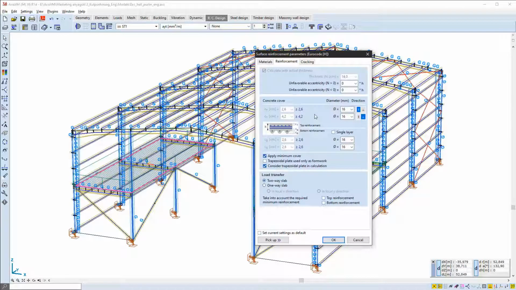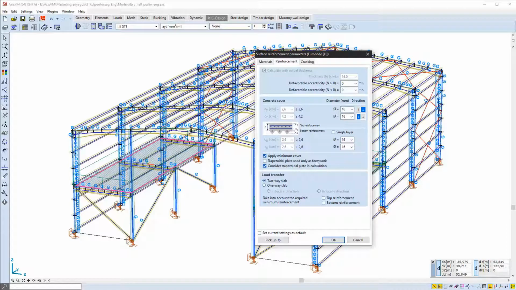Namely, the directions of the rebars can be set, instead of X and Y directions, to be parallel or perpendicular to the ribs. We can set if we want to use a single layer. So one layer reinforcement can be given in the lower concrete plate, and bottom reinforcements cannot be defined.